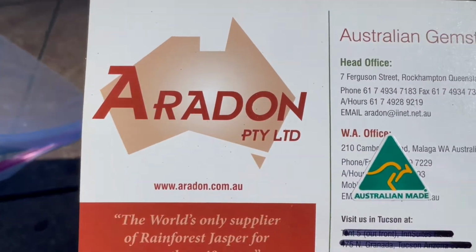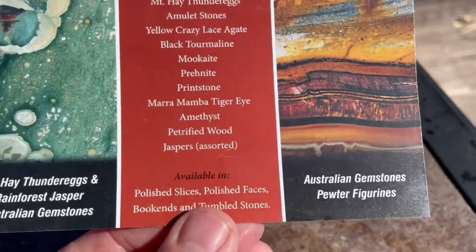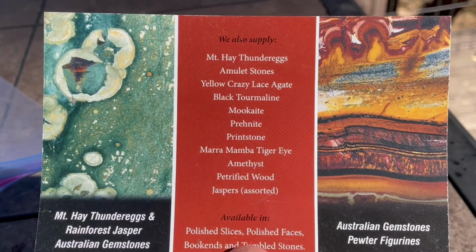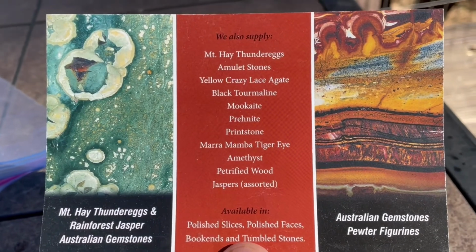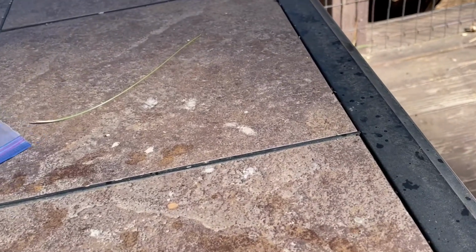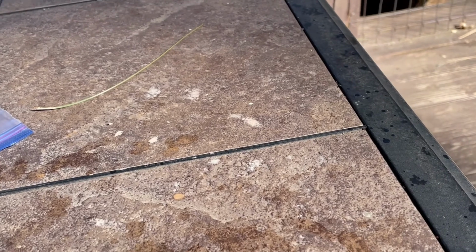And then these are the guys I got the Agate Creek from. They were also the ones that had a lot of the boulder opal at Kino. On one side, and on this other side they had other kinds of rough. I believe Lapidary Dave did interview them on one of his episodes. Some really great information about boulder opal, so make sure you check out Dave on YouTube, watch his videos, and